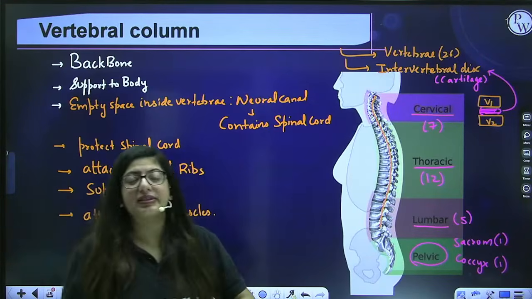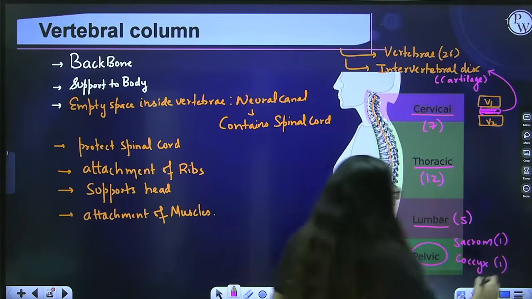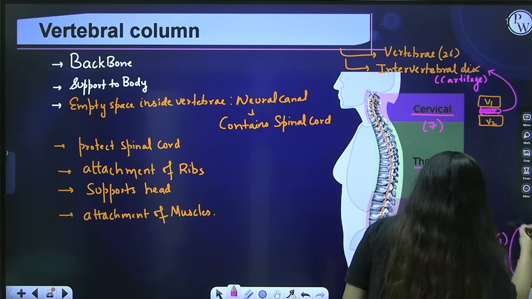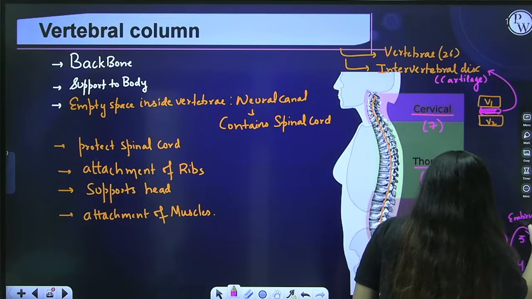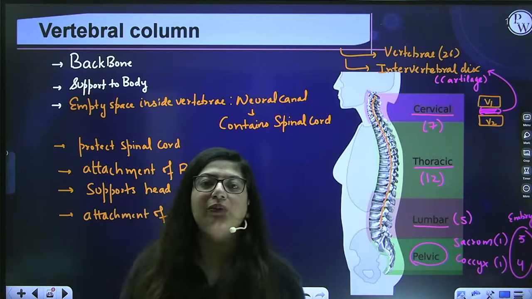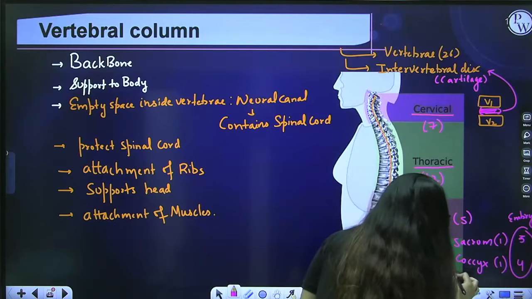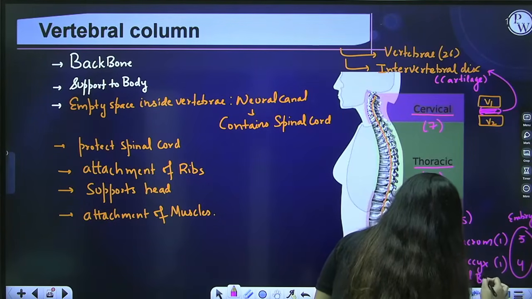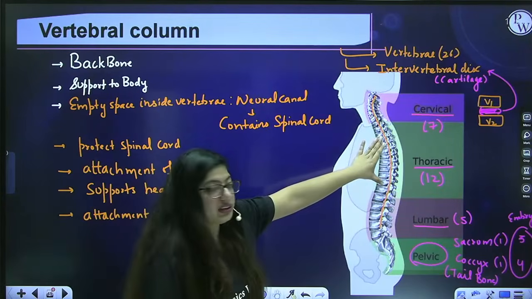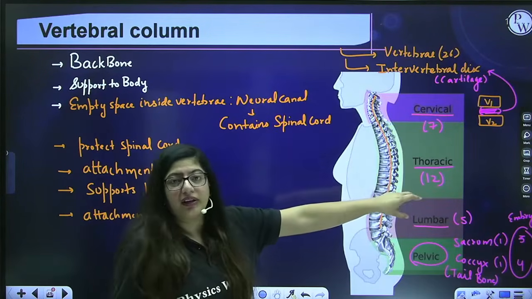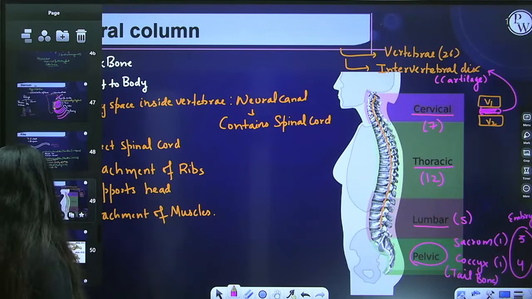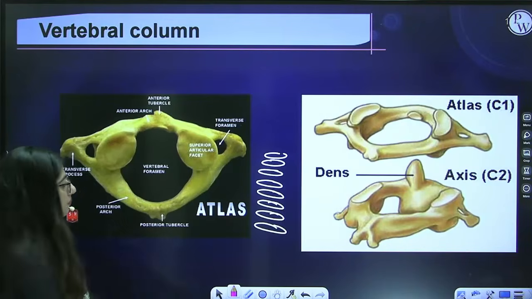In the embryonic stages, the sacrum was 5 in number and the coccyx was 4 in number. But later on in the adult, these get fused to form a single bone. Coccyx is your tailbone. Fine. So these are the various types of vertebrae. The ones present in the thorax, you can see, are the ones which attach to ribs. All right. Moving further to the first cervical vertebra.